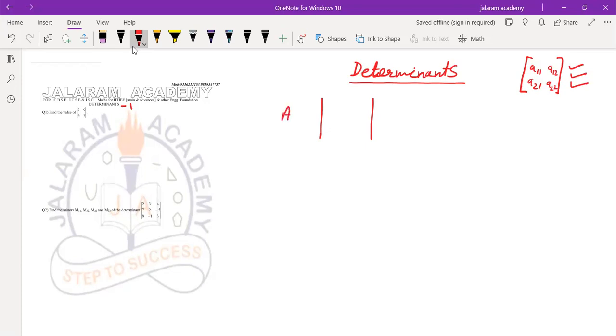For example, a determinant of order 2 has only 2 rows and 2 columns. First row is A11, A12 and second row is A21, A22. Is that clear to you? Now, if we want to find its value, first cross multiply in this order: A11 into A22, minus the remaining elements also cross multiplied, so A12 into A21. In this way, we can find the value of a determinant.